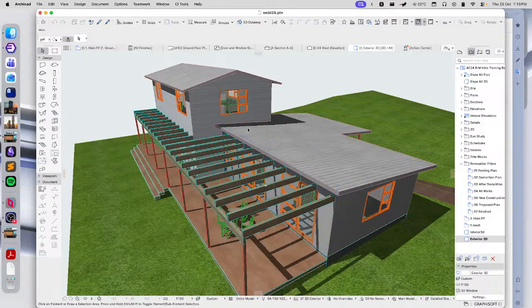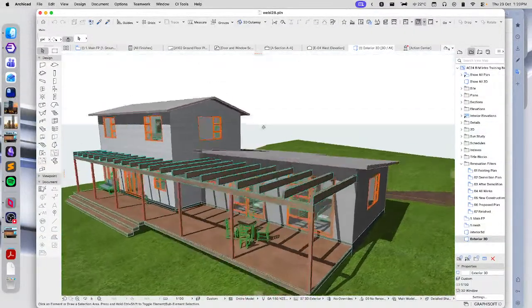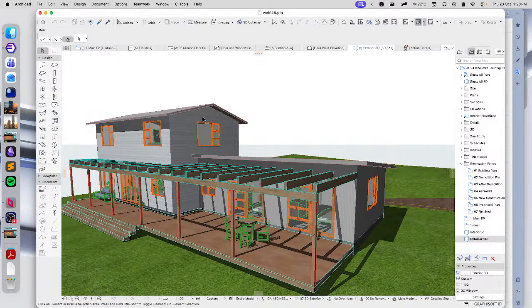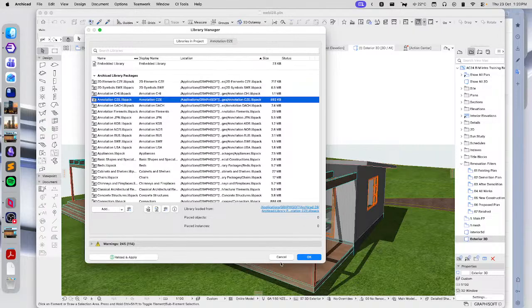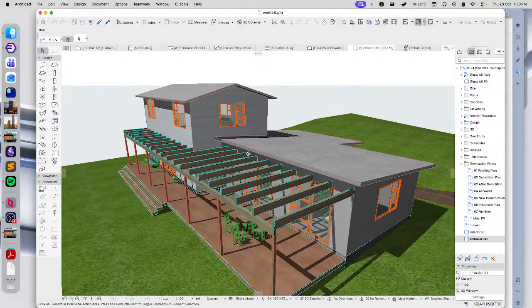All right, so that looks like it's done now. If we just save our project now, we're not going to get blasted with those error messages about the versions anymore. And if I go back to the library manager, you'll see we have all of our 29 libraries loaded. You can see the path there is ArchiCAD 29. So if you're migrating from ArchiCAD 28 to 29, that's all you need to do with regards to library management